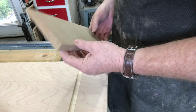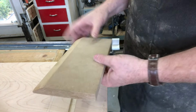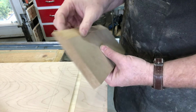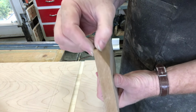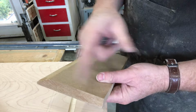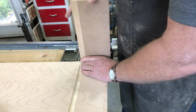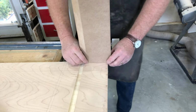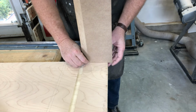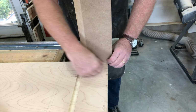So, I cut a sample profile of the baseboard that we're going to accommodate. It's 5¼ inches tall, 1/4 inch on top, and about 4½ inches from here to here. So, this is a rough shape, so what I intend to do is we'll just put that on here so we can gauge where we want to cut off the back here,